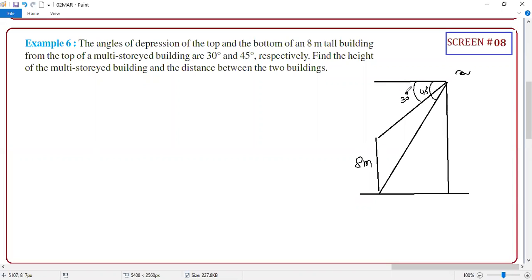And guys, can you tell me what are the points you have to mark? Listen, this is the scenario, student. You can mark it. This is the multi-story building. And this is the small building. We can say simply building. Where is the observer? The observer is here.